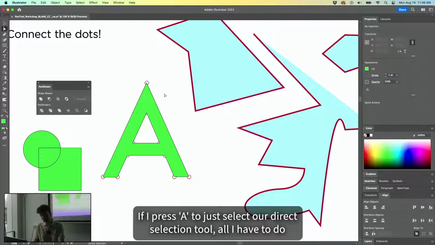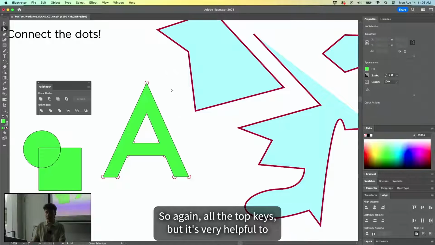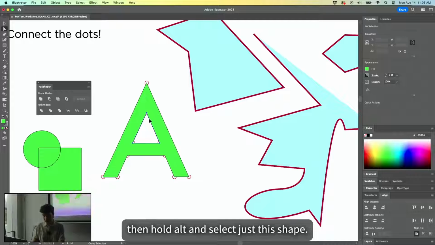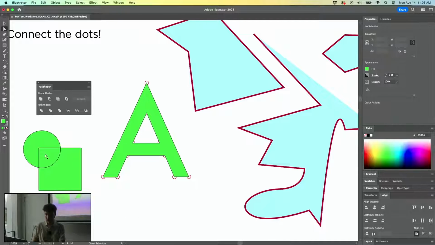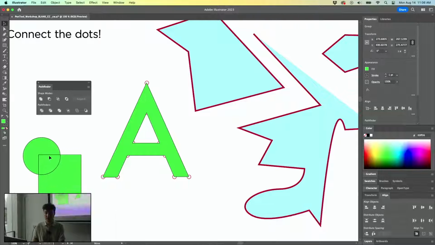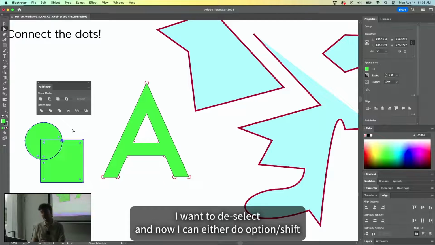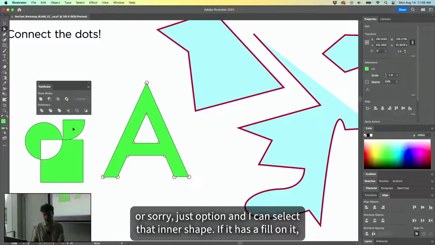If I press A to select our direct selection tool, all I have to do is hold Option and it will bring that little plus selection up. So again, it's all about the hotkeys, but it's very helpful to then hold Alt and select just this shape. Same with this, it's now one big group, but I know these are separate objects, right? So I can press A and it has everything selected. I want to deselect, and now I can just use Option,